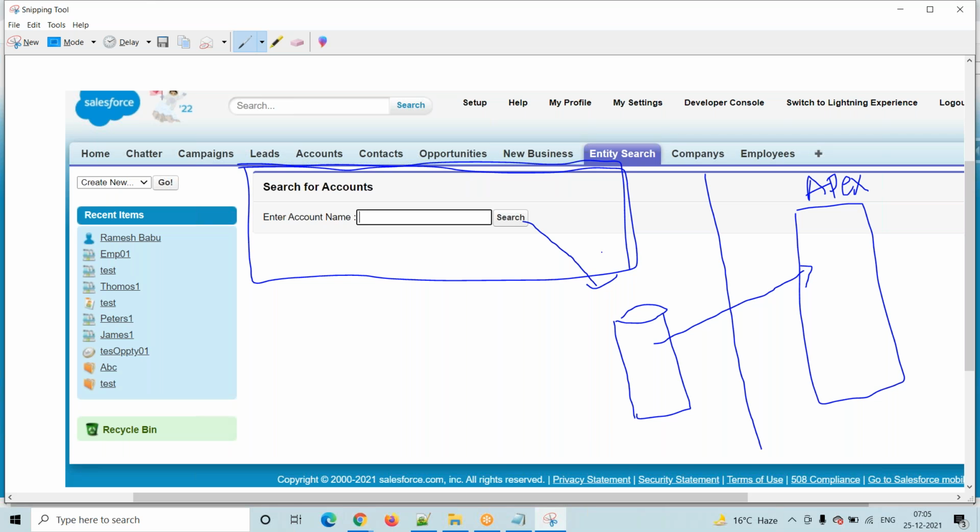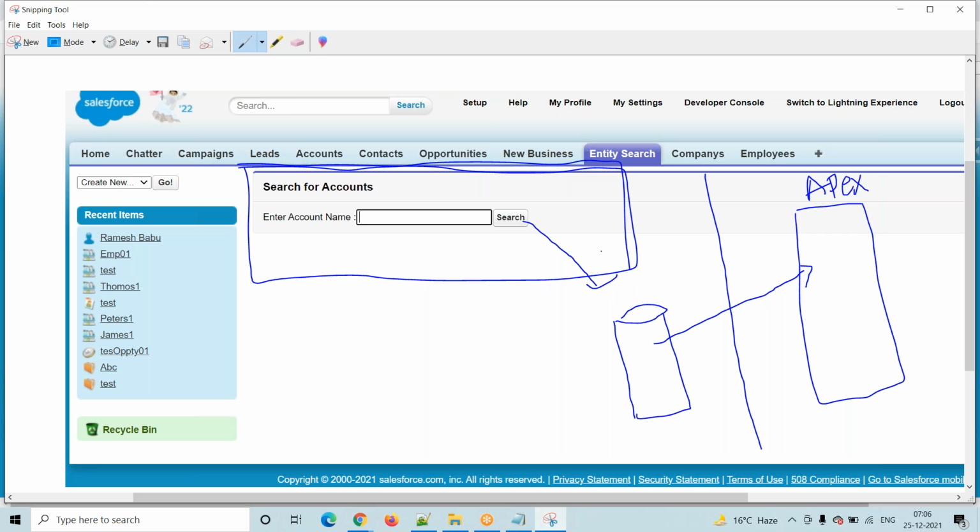What do you mean by client side? Generally they use this terminology: we have to work on the client side, we have to work on the server side. Client side is presenting to the user: a Visualforce page, Lightning component, Aura component, or LWC. Server side is Apex classes. Whenever we perform any click, our request goes to the server. Where is the server? We did not install any server, right? That's why this is cloud computing. From the server it will call our Apex class. So we are clear, right? What is client side and what is server side?